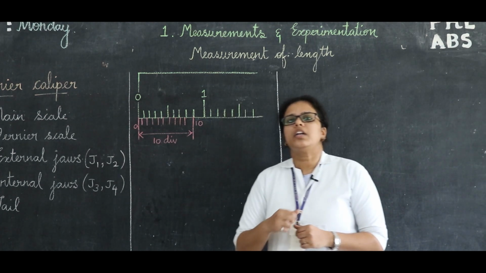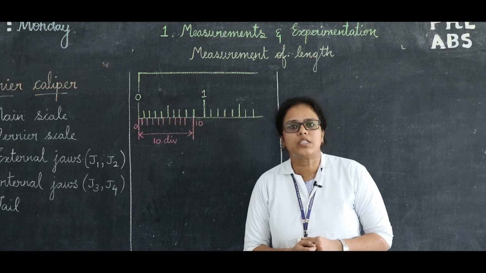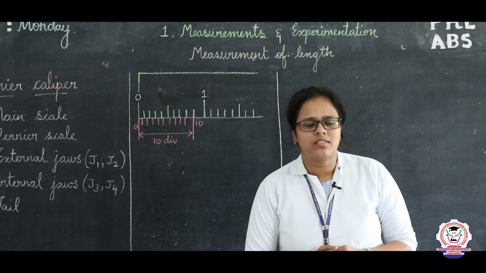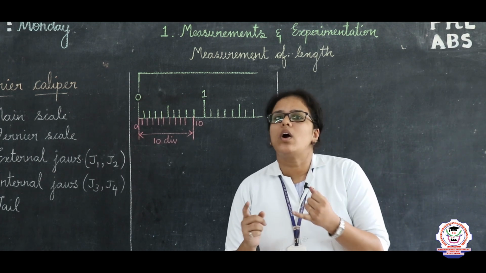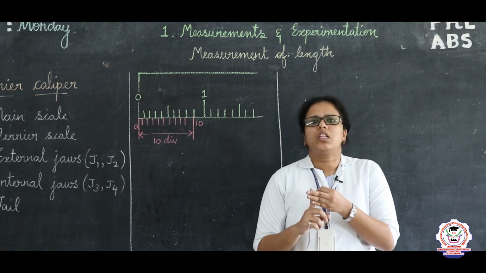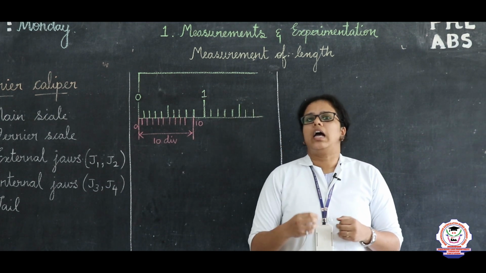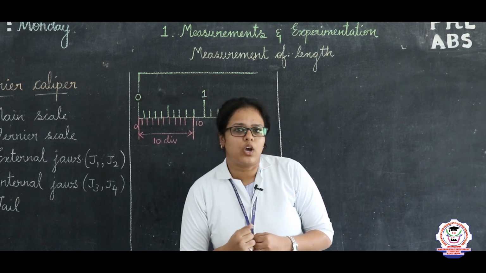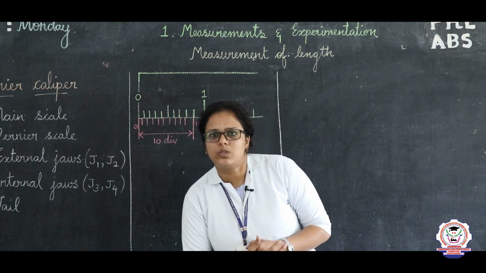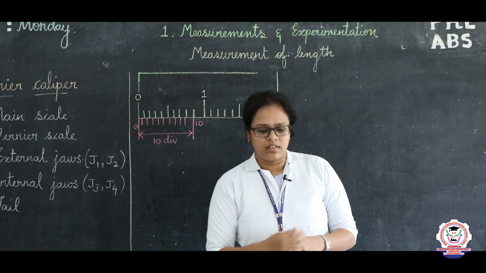Today we are going to continue our first chapter in 9th standard physics, measurement and experimentation. Do you all remember what we have seen in our last class? Exactly, we have seen what is measurement, the need of measurement in everyday life, and what the physical quantities are and how to express them, and the guidelines for writing the units along with the fundamental and derived units. Today in our class we are going to see how to measure the physical quantity length.